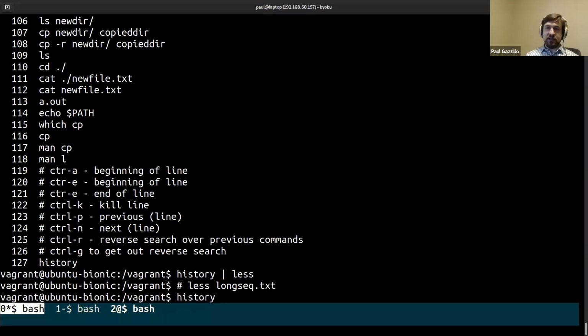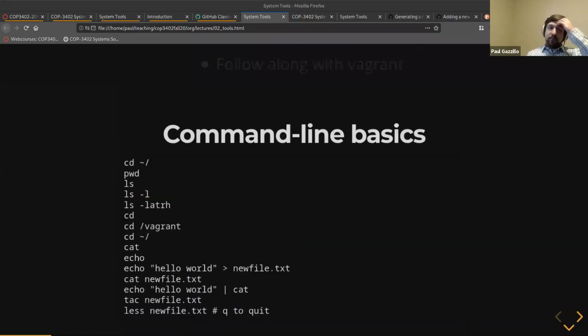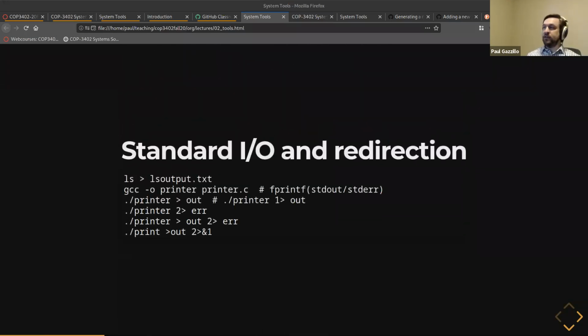Okay, so history is just another command, another program. Now in the Unix standard, every program has standard input and output. There are three. So take an operating system class to learn more about this, but in the Unix system,